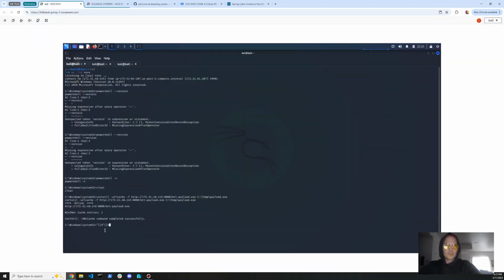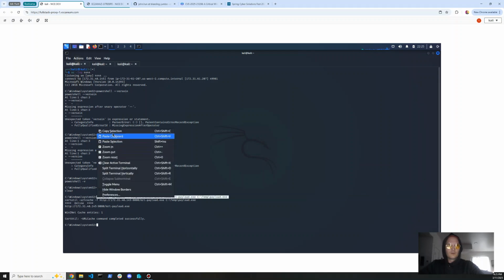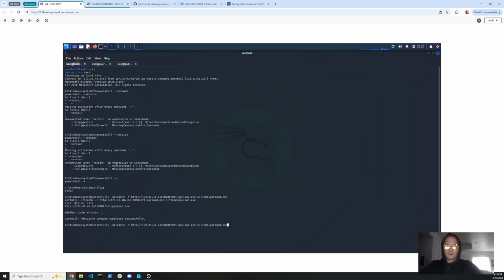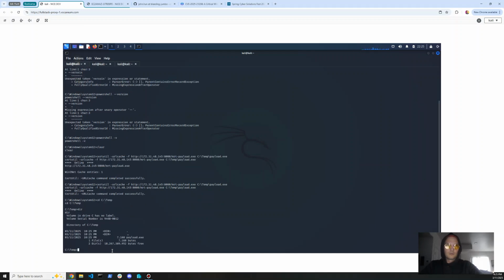Let's try this one more time. Oh, you sucker. All right, let's type it out again. Actually, no, let's copy and paste. Copy selection, paste clipboard, enter. Now, just check it here. Look at that. Wow. All right, so now we have a payload executed, or rather, we have a payload on